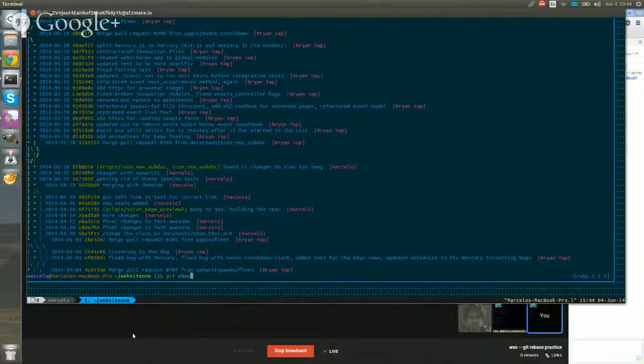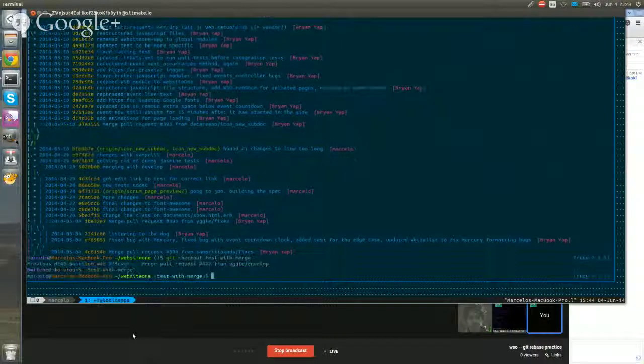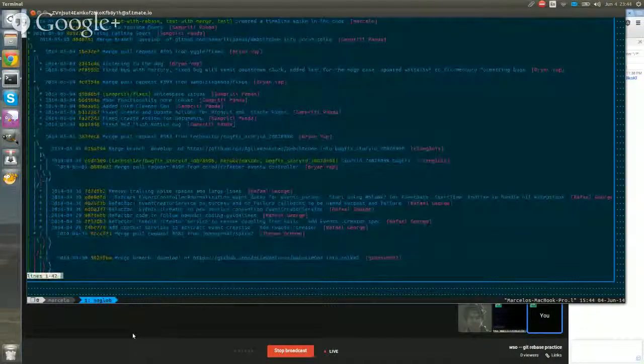So if I go back to test with merge and then type git log, here, this is the same commit, right? By the way, whatever you're highlighting with your mouse on the screen doesn't come through. Yeah, exactly. I'm not seeing anything. Well, that sucks. So that's the reason why I'm asking you to try to slow down.